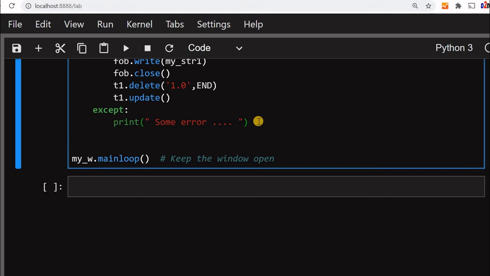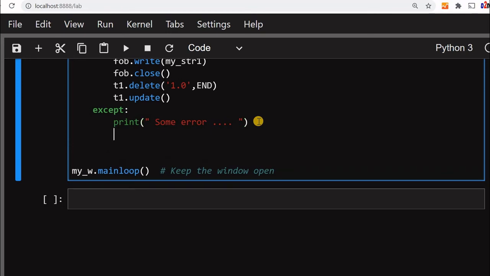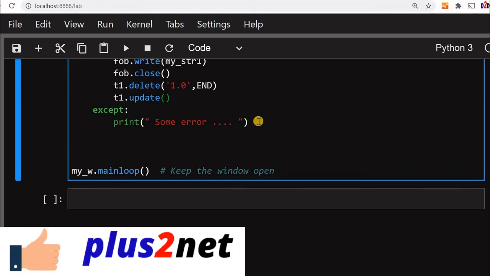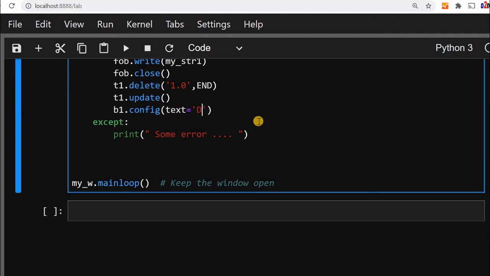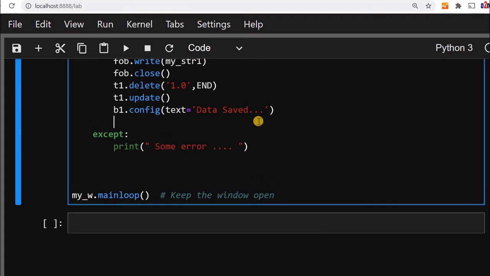Now what we will do is, we'll give it after this. So here we will say b1 is our button one, config, we'll say text, what we are configuring is text. You can say data saved or anything you want, so that will change. Now after this, we want to bring it back, so some time delay we have to give.